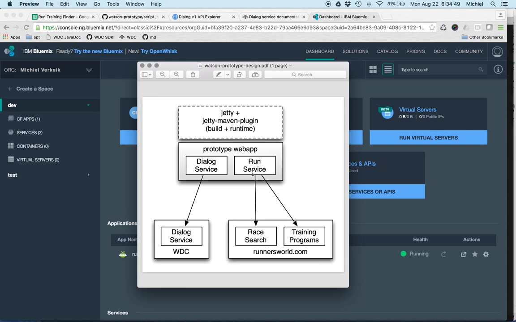And then we also have in the web application a run service which interacts with a website, actually runnersworld.com, and it does so to find races for the user as well as training programs that can go along with those. And the way it's built then, here at the top of the graphic you see, it's running as a Maven build and using the Jetty plugin to actually run it easily. So let's get started with the